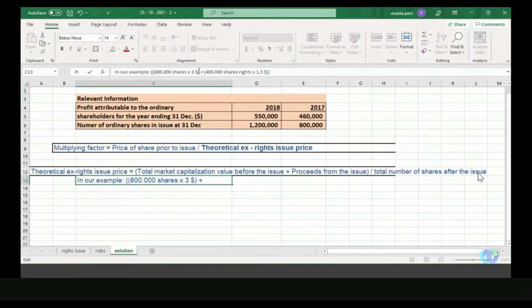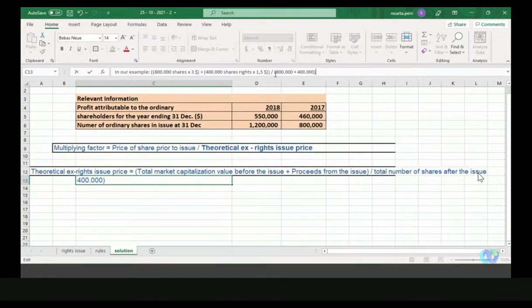So first of all, this is the total market value before the transaction, before issuing the rights. Plus, I'm getting in some more money. I'm issuing 400,000 shares, each of them at $1.5 each. Now, all this value, I'm going to divide by the total number of shares after the issue. Remember that before the issue, there were 800,000 shares plus 400,000 that represent the number of the rights issue. So it is actually